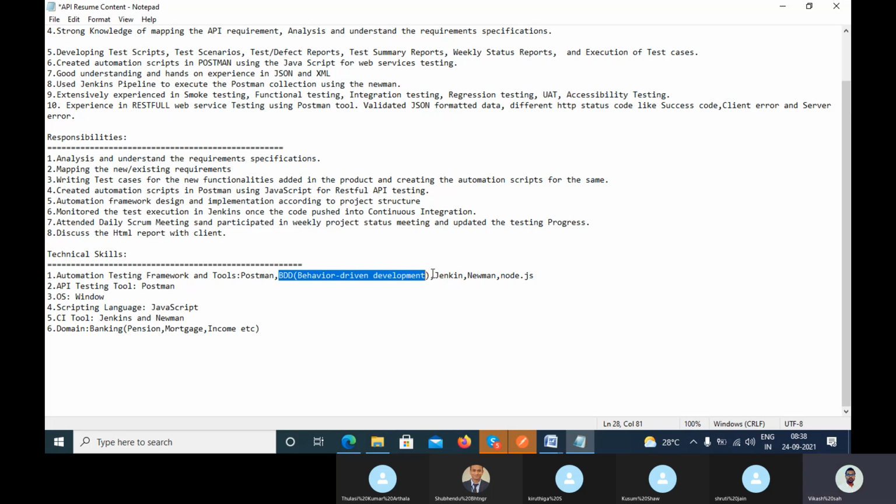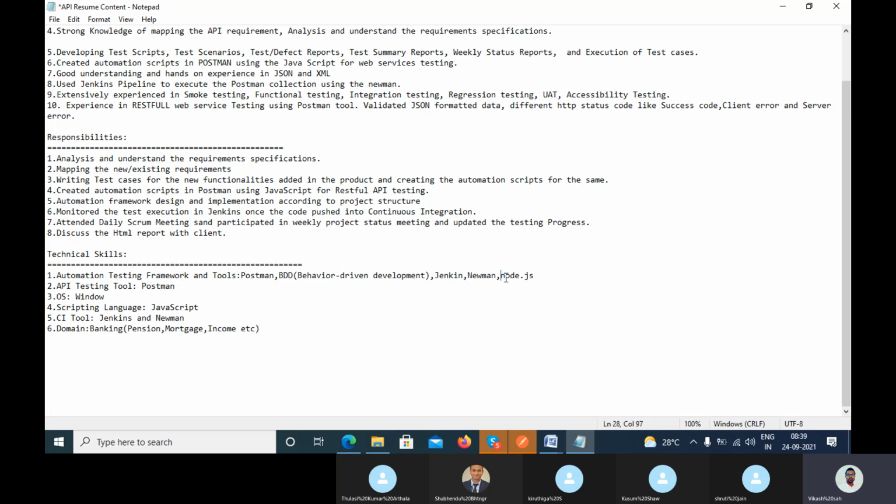And you have used Jenkins, Newman, and Node.js. Node.js is used to install Newman, right? The npm, and using the npm, you are running your collection, right? If you want to run Newman, Newman is a Node.js platform.